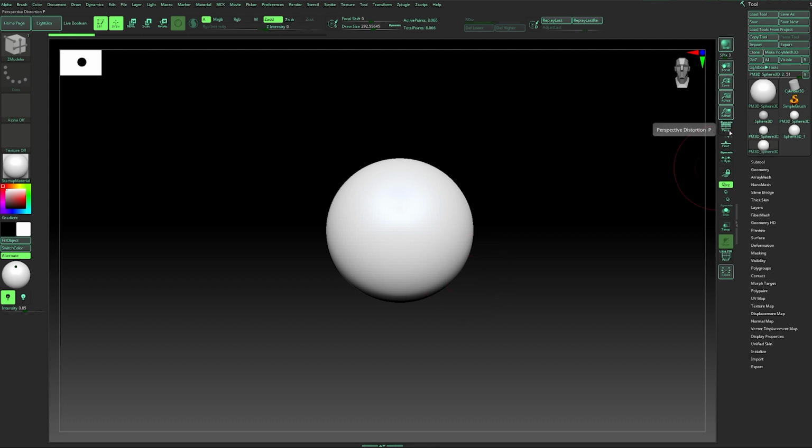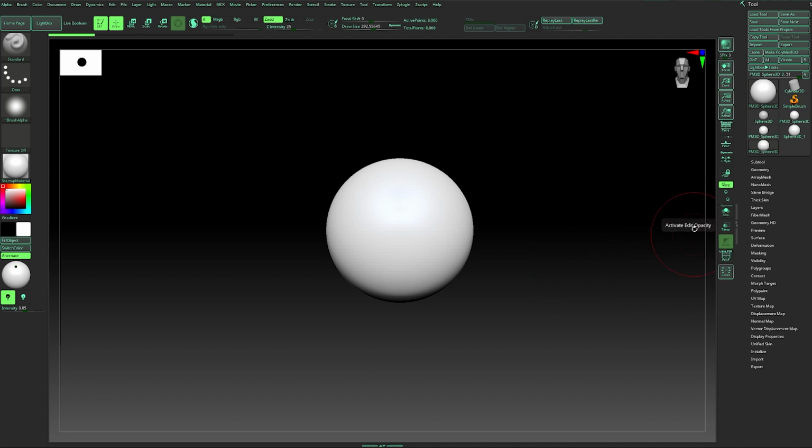Here and on the right, we have the perspective. If I carve something into my model so that you can see, right now we are in the orthographic view. If we activate the perspective, as you can see, we're going into the perspective. It's essential to sculpt in perspective when you're sculpting your character, your head, your model, but sometimes you need to go to orthographic view to check the proportions or things that actually need to be in orthographic view.